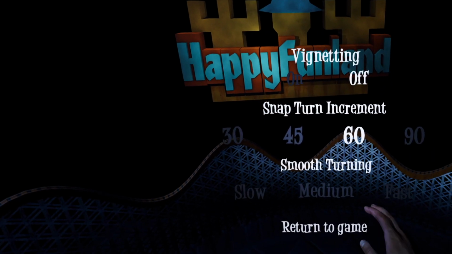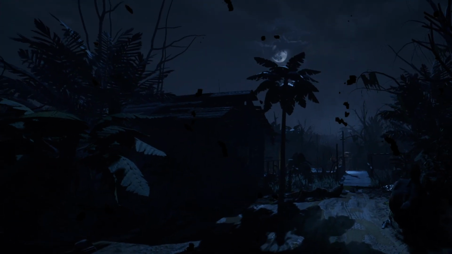Vignetting off, smooth turning. Okay, let's see if there have been too many improvements to Happyfunland. I remember, I had fun with this game, but it just wasn't the most... Oh, this is done by controller rotation as well, okay. This isn't the easiest thing to see. Let's go into the main park and see if the shimmering's gone a bit. Here we go, and...